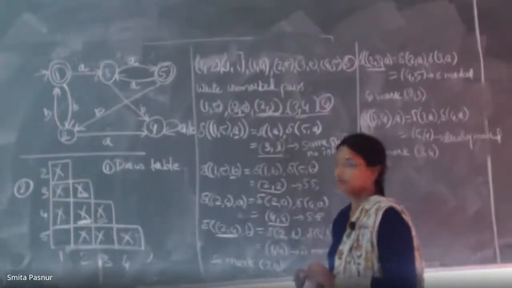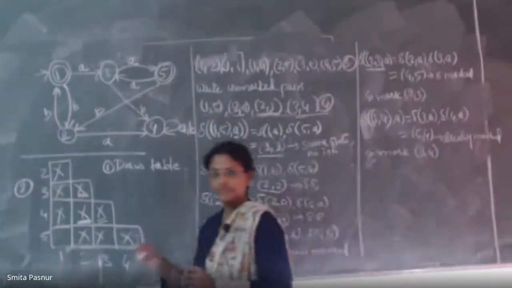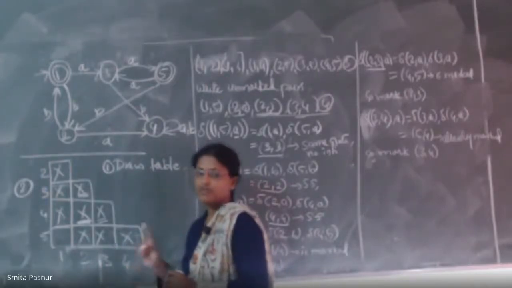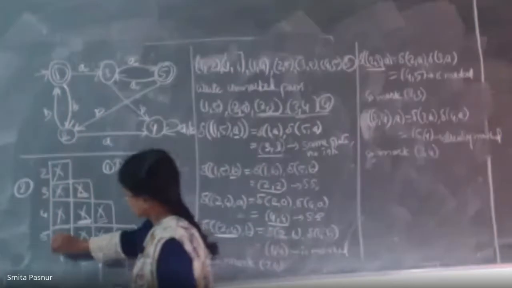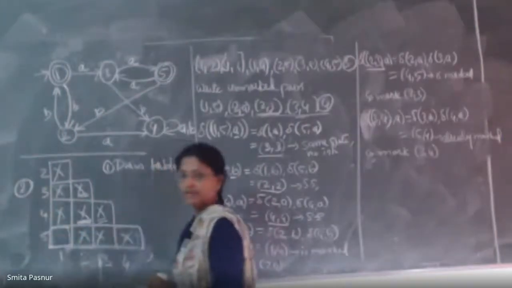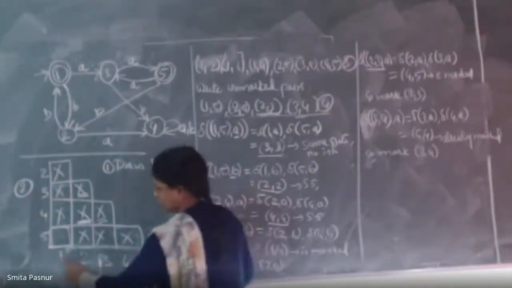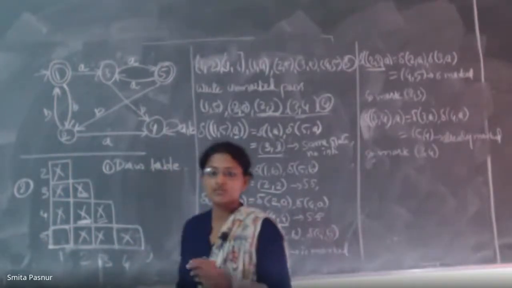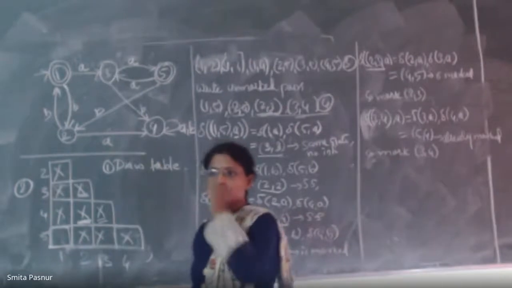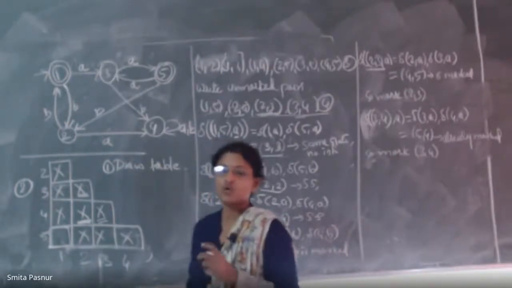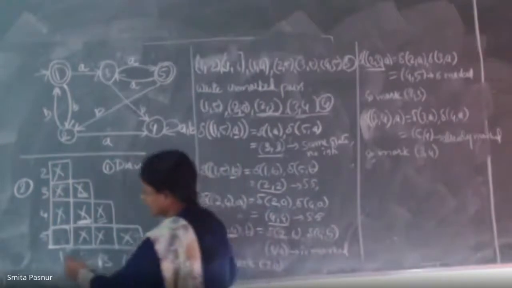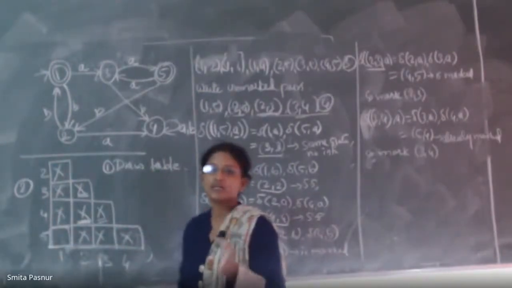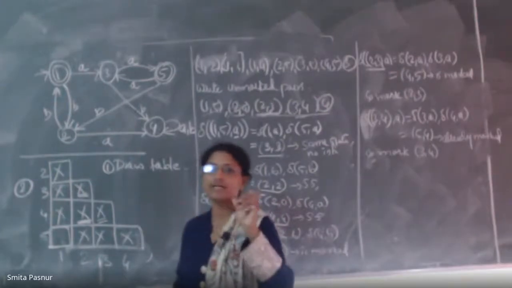So when we stop here, you just see the matrix. Now see the matrix, which box is remaining blank or which pair is remaining blank. So see, this is the box which is remaining blank. So what are those states? 1, 5. 1 and 5 is remaining blank. So now you have to draw our final DFA diagram. What will we do there? 1 comma 5, or 1 and 5 states, will be combined. State number 1 and state number 5 will be combined in one state.